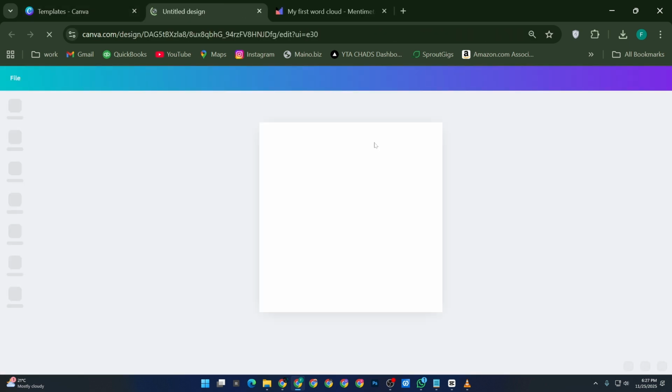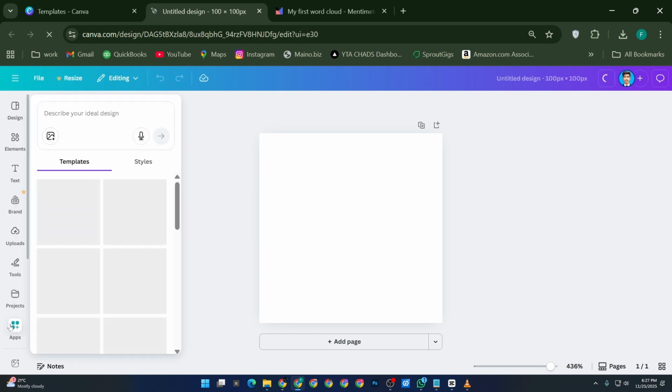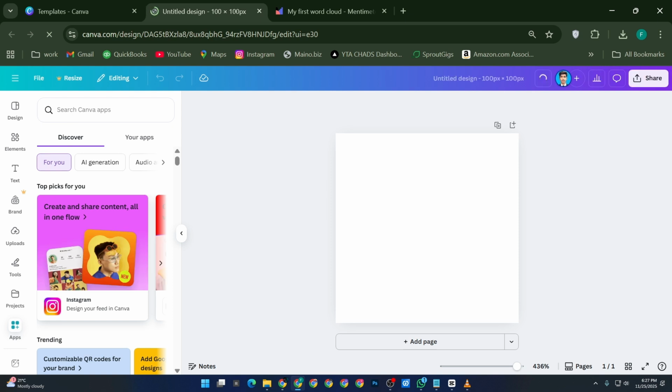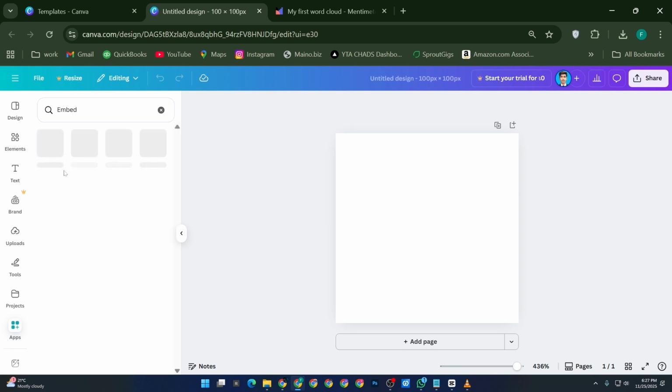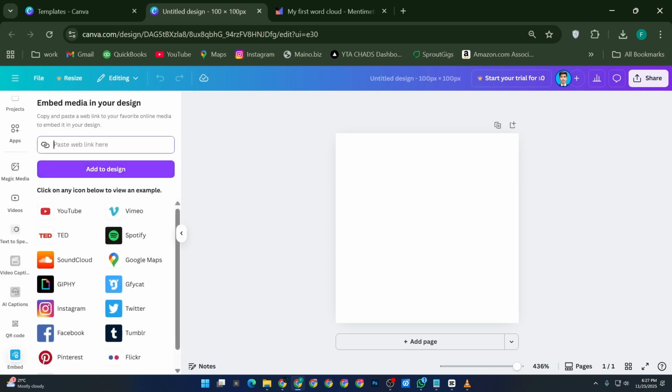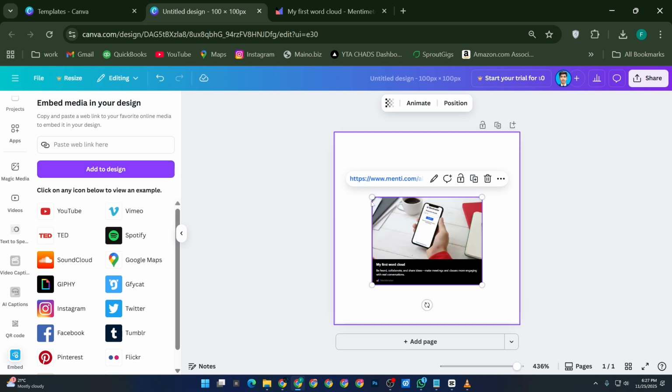You'll see your Mentimeter presentation appear instantly on your slide. You can resize it or place it anywhere you like. The cool thing is, your Mentimeter is now fully live and interactive inside your Canva presentation. So when you're presenting to your students, colleagues, or audience, they'll be able to see the access code and interact